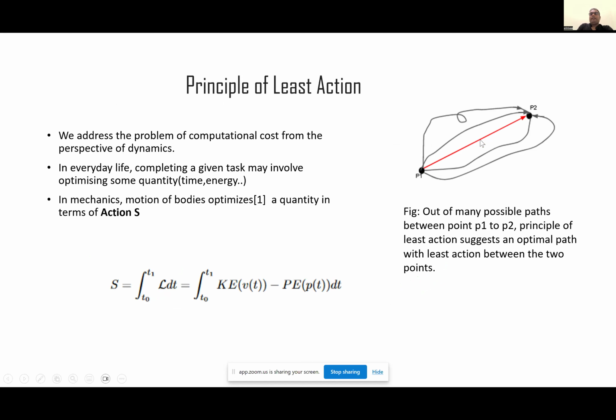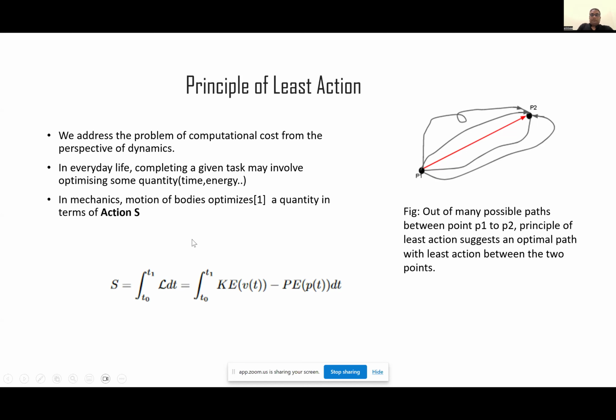It can take any path, but there is a simple path which requires a lesser amount of a particular measurement compared to all the other paths. In mechanics, when you project an object as a projectile, it takes a particular path. Avoiding friction and other external influencing factors, the path traced by the object in motion